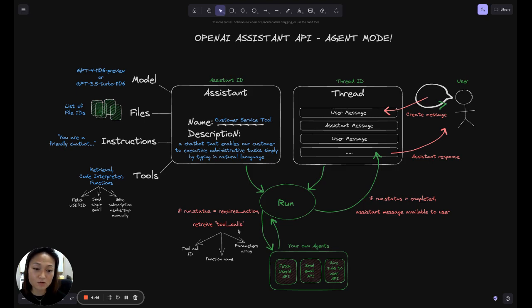And within the tool call is an array. And within each item in the array are 3 things. One is the tool call ID. Second one is the function name. And 3 is the parameters array. So what does this mean? It means that